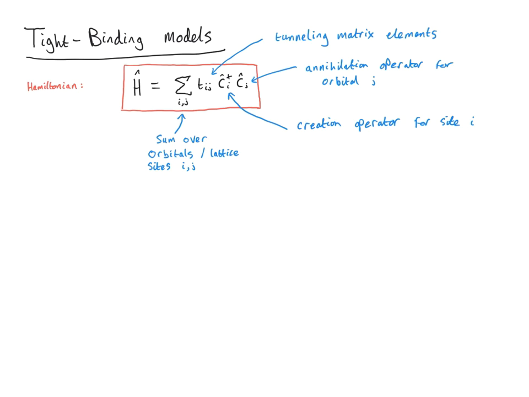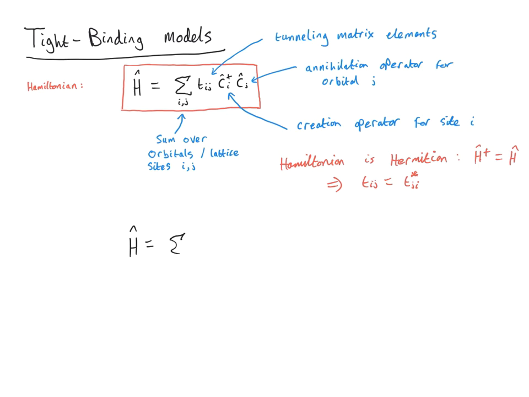Also, because of the property of hermeticity of the Hamiltonian, which guarantees that we have real eigenvalues or real energies, we know that H dagger is equal to H, and this actually gives us another condition that Tij must be equal to Tji star. A slightly more conventional way of writing this Hamiltonian might be in the following way,